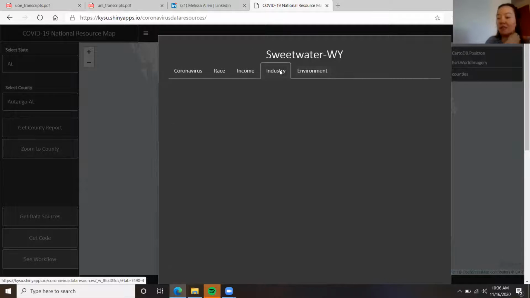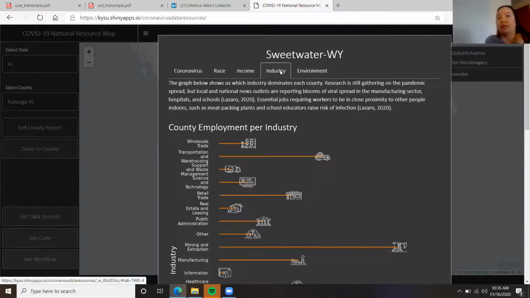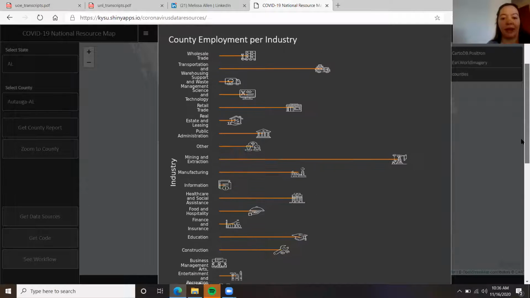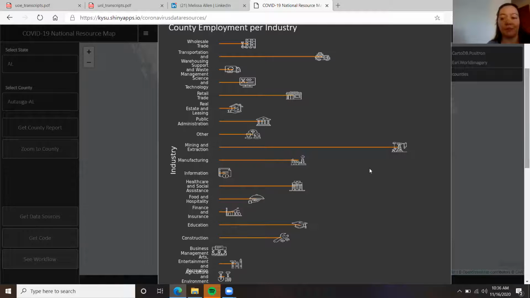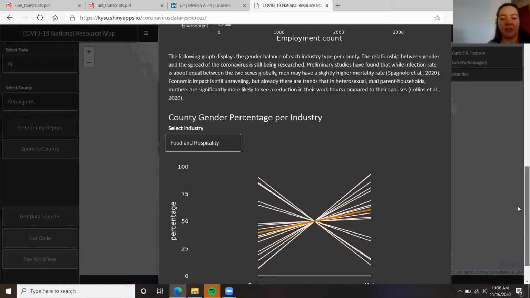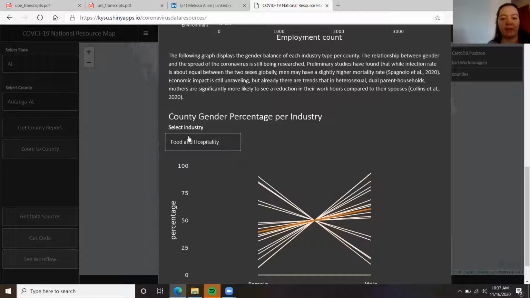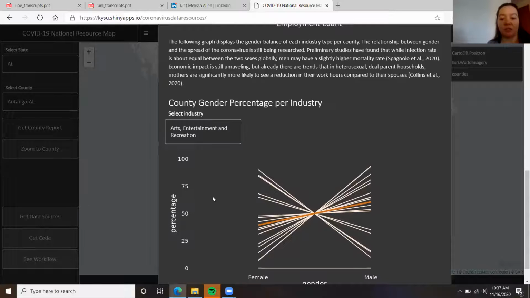And then industry has been really telling of how the virus spreads. Certain industries have been the centers for super spreader events. Every county will have one of these, and you can kind of go through. I also included the percentage of the gender dynamics within each industry too. So you can kind of see what the local dynamics are